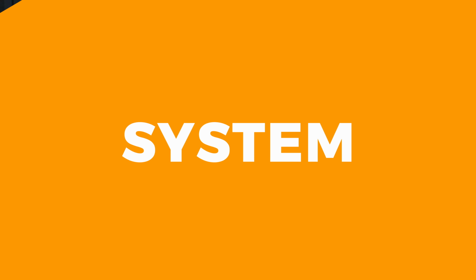Let's start with the first one, which is the system. Before we even talk about a specific camera, we need to talk about the camera manufacturers and brands out there, because once you buy a camera, you buy into the system of the camera, you buy into the mount, because you can change a lot of cameras, but usually lenses are something that you wouldn't change often. So when I'm talking about a mount, I'm talking about the versatility of the mount, which means that it has a lot of lenses out there, namely third-party manufacturer lenses as well, because you'll have more bang for your buck,